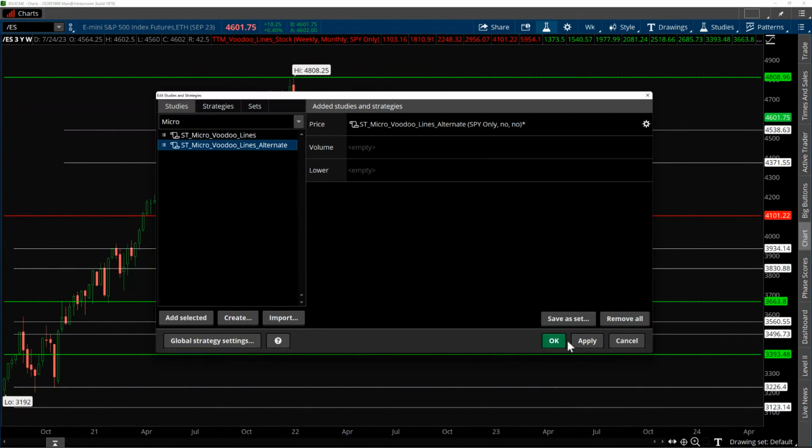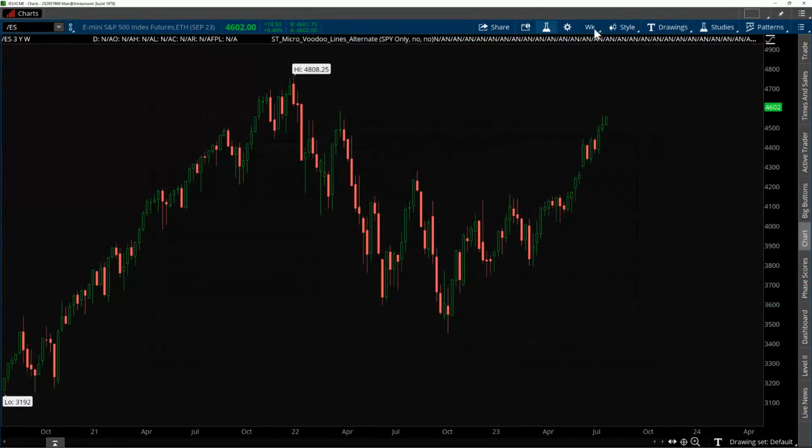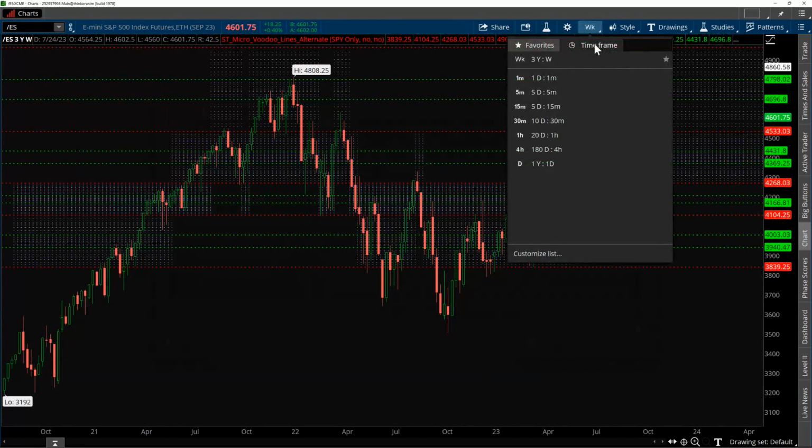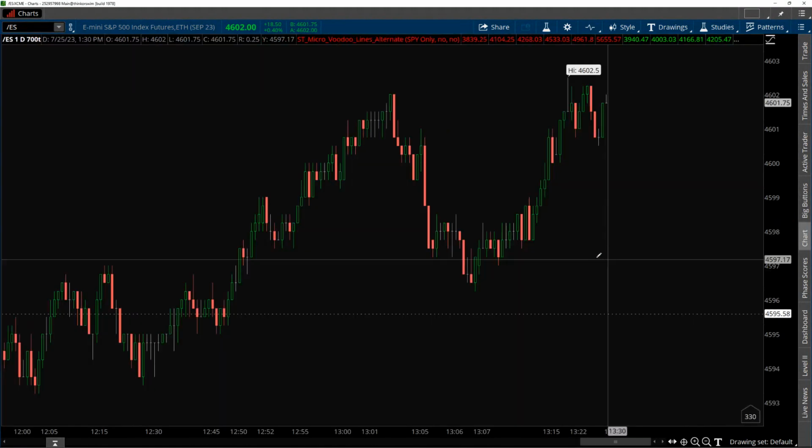And as I mentioned on the ES right now, I'm using those alternate levels. And then I just need to come in and for the time frame, because you can see those are crazy close together, set that to tick. 700 tick is already on here. So we'll bring up a 700 tick chart